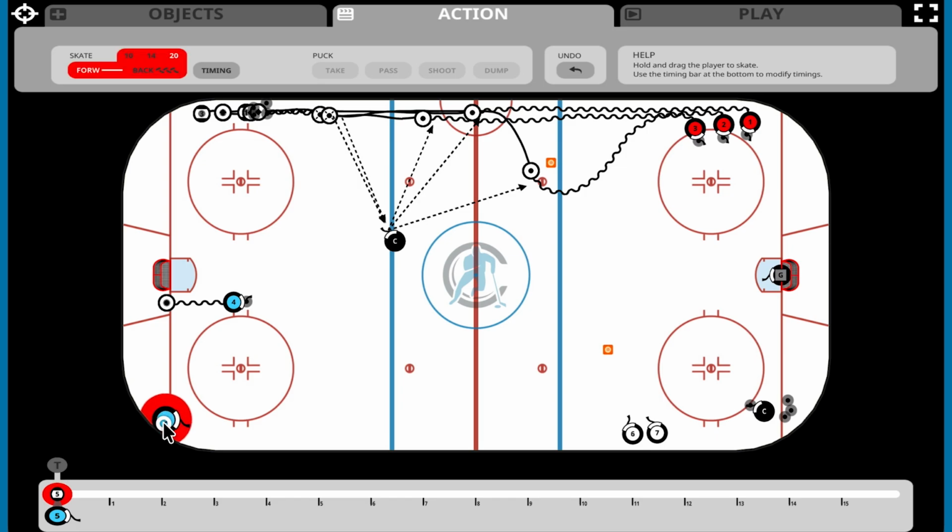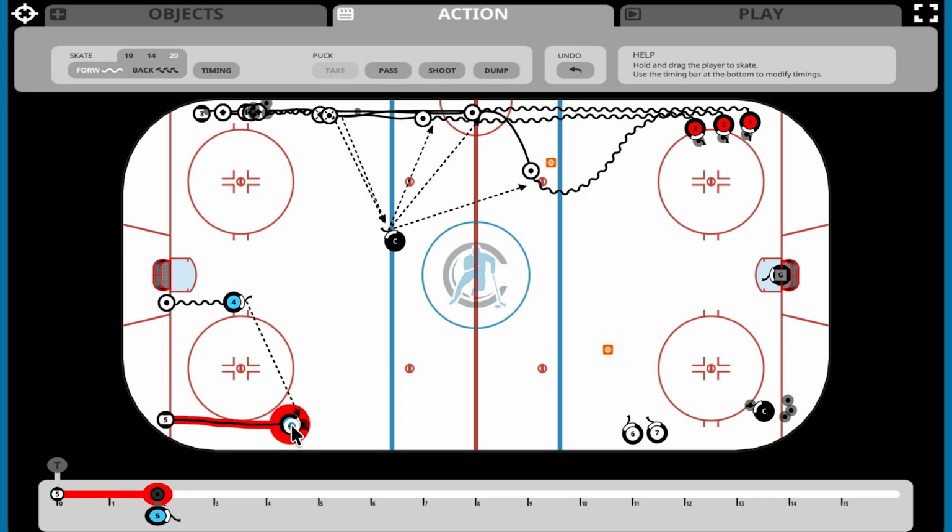As player 5 moves, the gray timing marker shows where player 4 will be at the same moment in time, making it easy to synchronize their movements. When the marker is directly under player 4, both players reach that point at the same time. Instead of passing directly to player 5, continue the route a little farther so the pass leads the player. Aim to keep the gray timing marker about 2 meters behind player 5 before completing the pass.